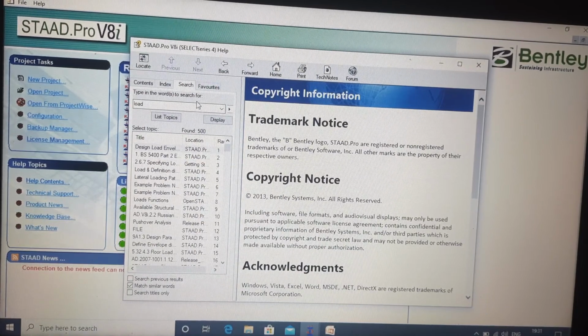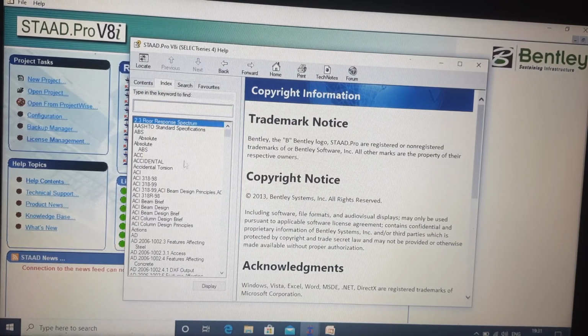So these things are helpful. If you type the right keyword, you can get help from here. You basically have to know the right keyword to get help from here. So this is all about the help content.